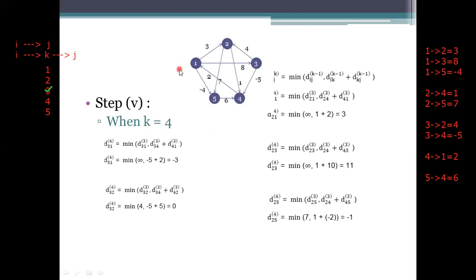So the k value now here is 4. Represent it as a 4. Now the i value you are using, first representation, means the first row has been filled with the values. The second row is using the values, but there is no direct connection for this one. So calculating the values will be a waste of time. And coming to the third one, there lies a path from the 3 to 1. 3 to 1, there is no path.